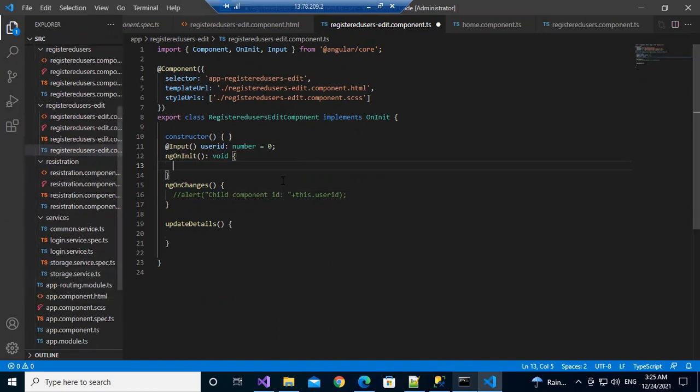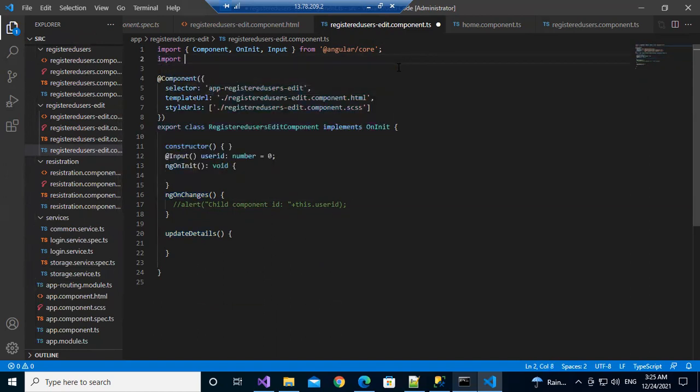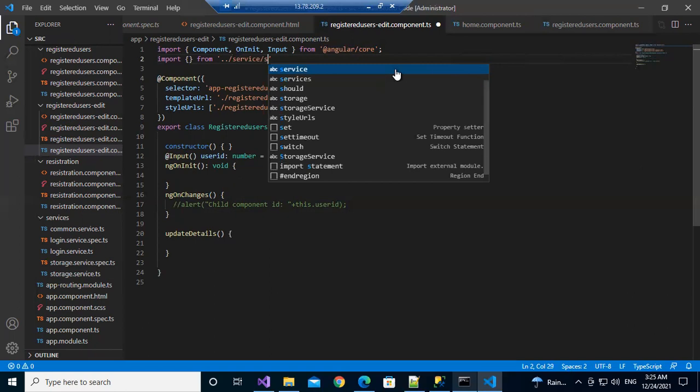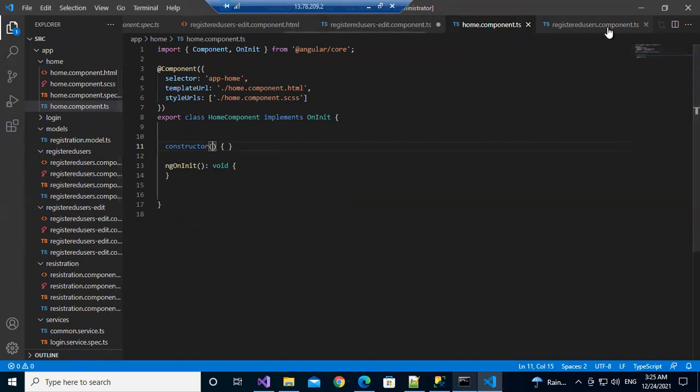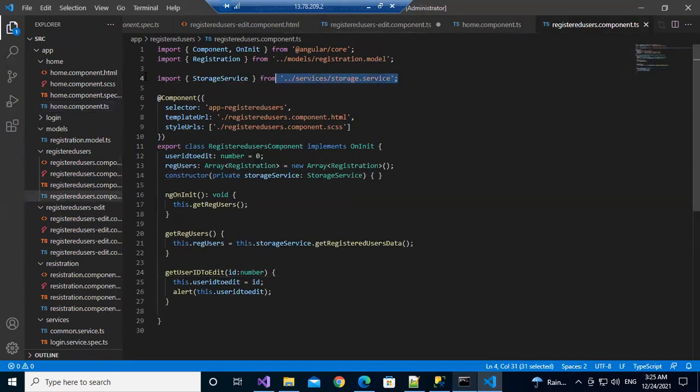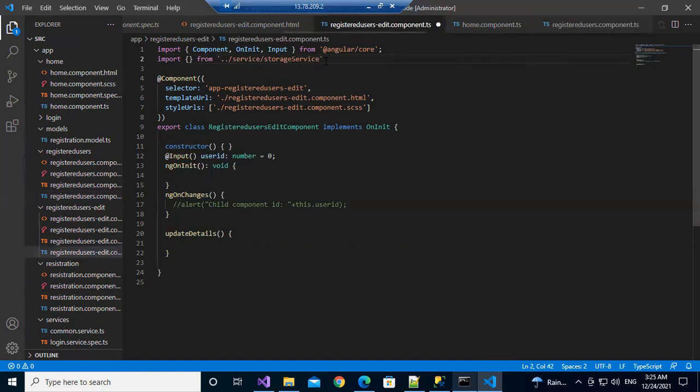I need to give that reference: import from /services/storage service.